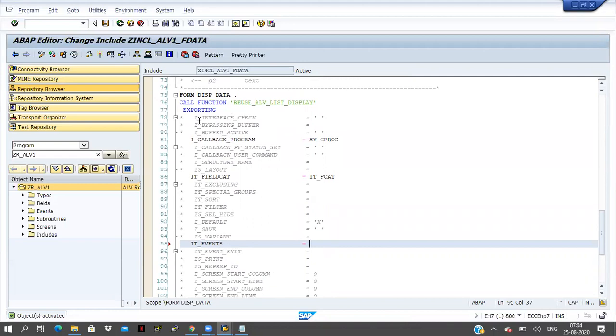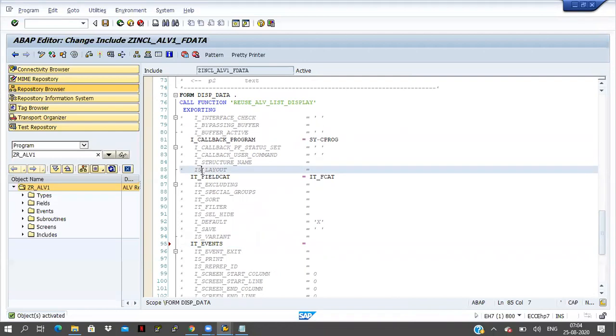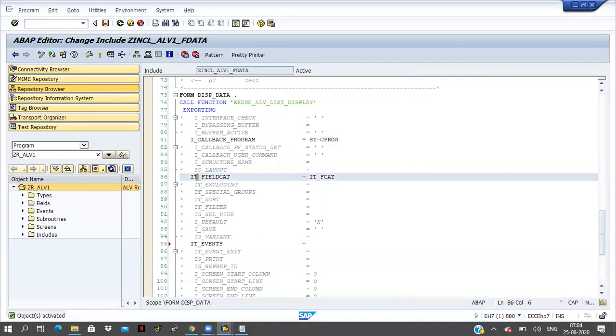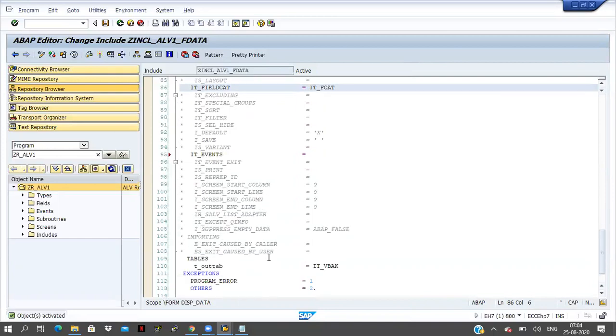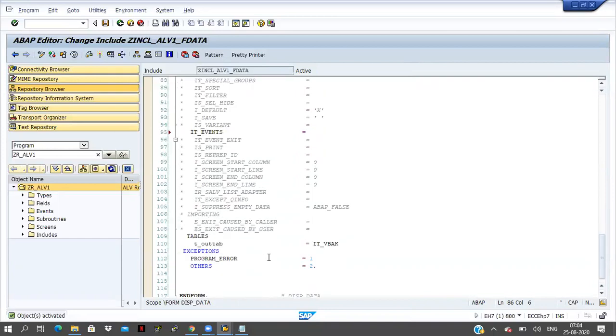Here the naming starts with I. I means this is a single variable. And here IS is coming. IS means this is a structure, a work area. And here IT is coming. IT means internal table. By seeing that name, we have to understand. So which type of data do we have to pass here?